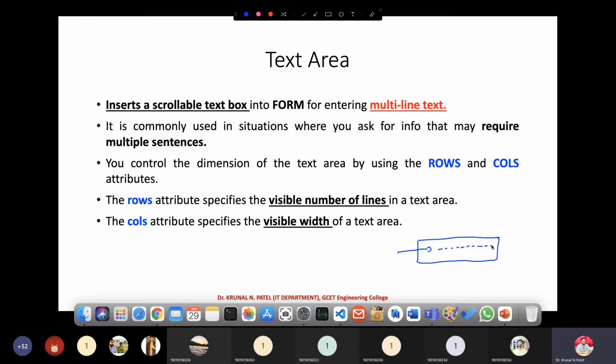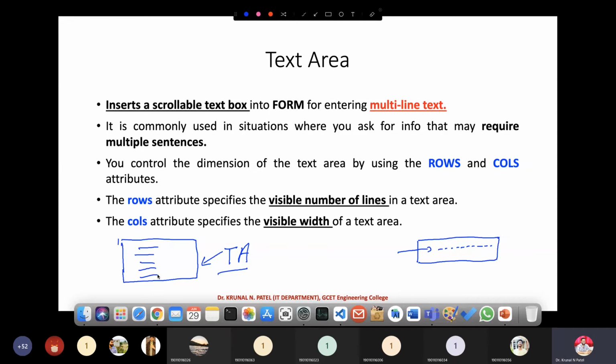But suppose I want to take an address from the user. For that, a single line is not sufficient, so I need a bigger space. That is known as the text area. If you want to enter text in multiple lines, then you have to go for text area. It is commonly used in situations where you ask for info that may require multiple sentences, right?